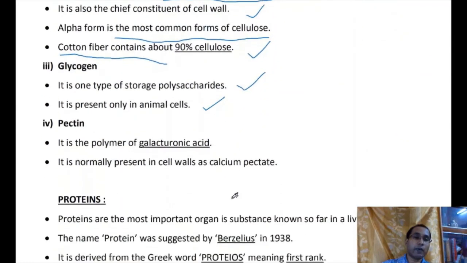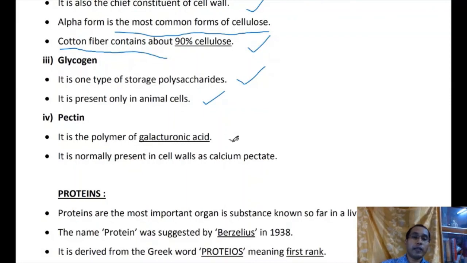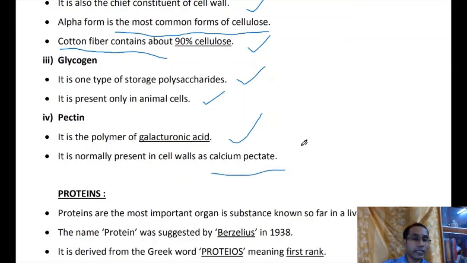Pectin is another type of polysaccharide. It is a polymer of galacturonic acid. Questions on this also come in exams. It is normally present in cell walls as calcium pectate. In the cell wall, it is also present